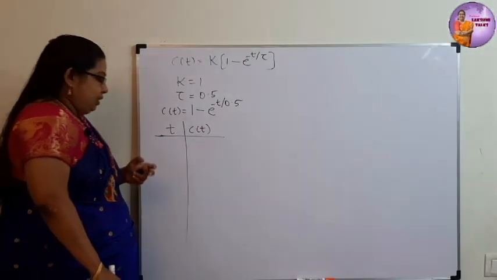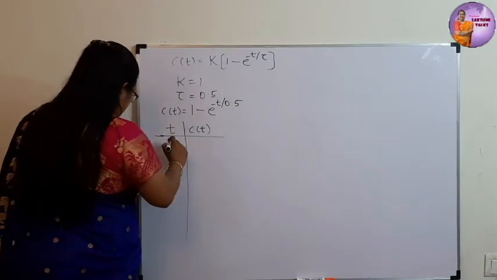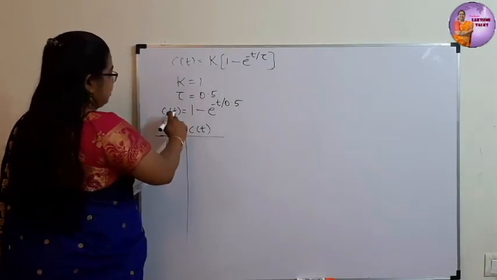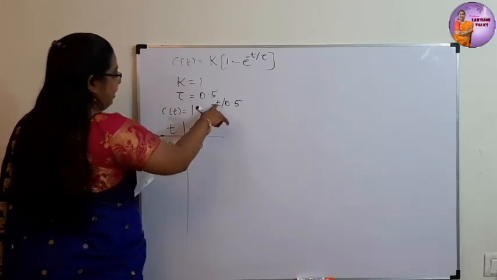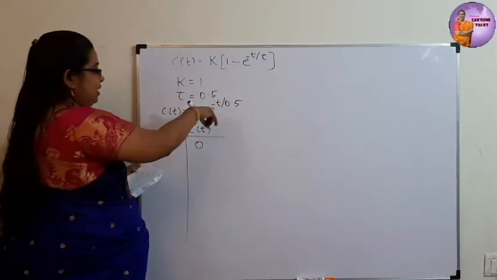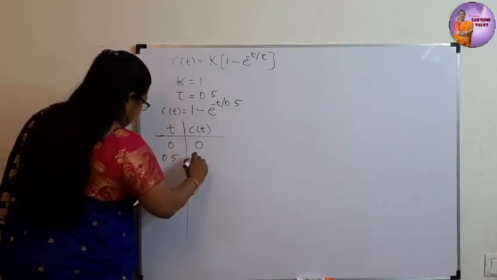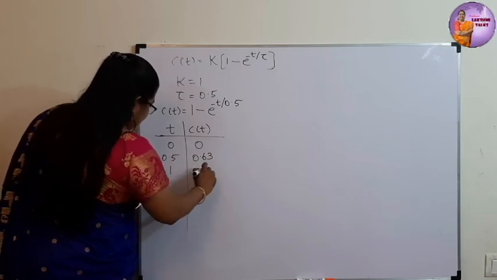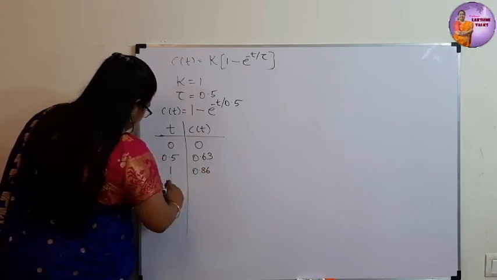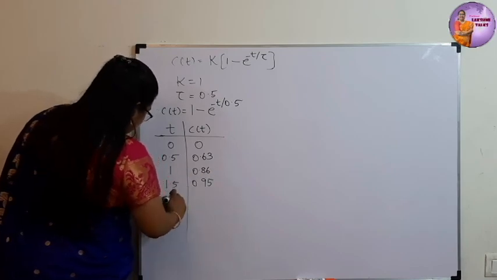I have noted it down after calculating. When you substitute t is equal to 0, e power 0 is 1, 1 minus 1 is 0. Similarly, I have the values 0.63, and for 1 it is 0.86, for 1.5 it is 0.95,